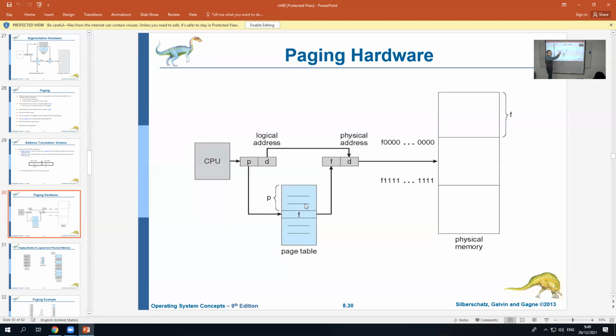But conceptually, the pages are different pages. They could be different places in the frame or just the same information. Oh wait, that's just the P. Inside the frame is the D, which I don't touch. The offset I don't touch. The offset is just copied and pasted. So where in the page? Of